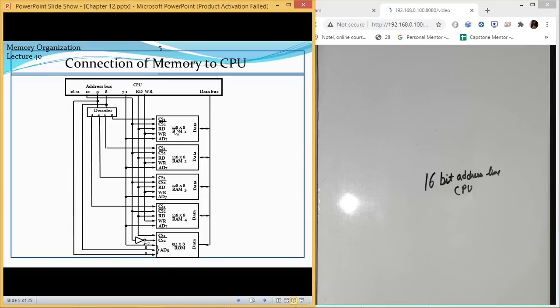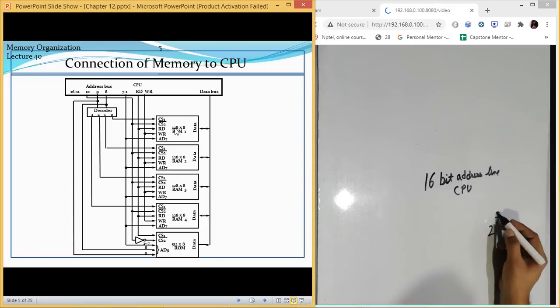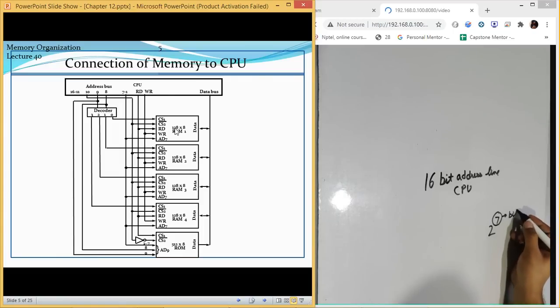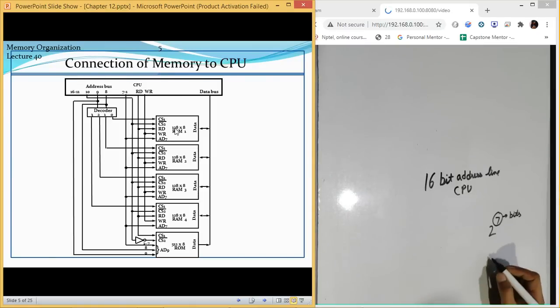The size of RAM is 128, so to refer to all these 128 words, we need only 7 bits. This is for RAM. In the case of ROM, the total size is 512, so to refer to all these 512 words, we will need 9 bits. So in the case of addressing, 7 bits will be reserved for RAM and 9 will be reserved for ROM. This is how your address line is used by your memory.